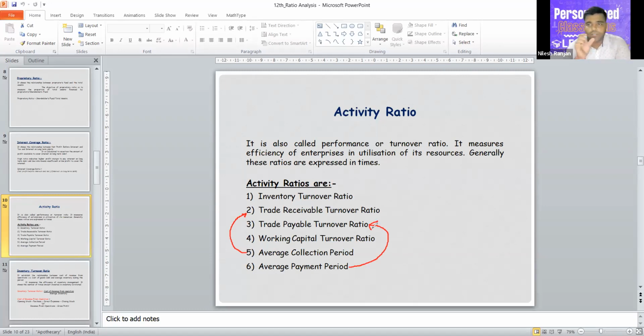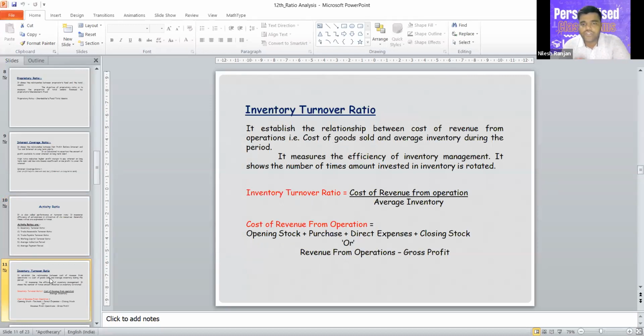We can also include total asset turnover ratio or fixed asset turnover ratio, like current asset turnover ratio, in this ratio also. Okay, so we will discuss those ratios also, but fixed asset turnover ratio and current assets turnover ratio are not in your syllabus, but just for brief knowledge, we will discuss that. Now what is inventory turnover ratio? The first one. So inventory turnover ratio establishes the relationship between cost of revenue from operation or cost of